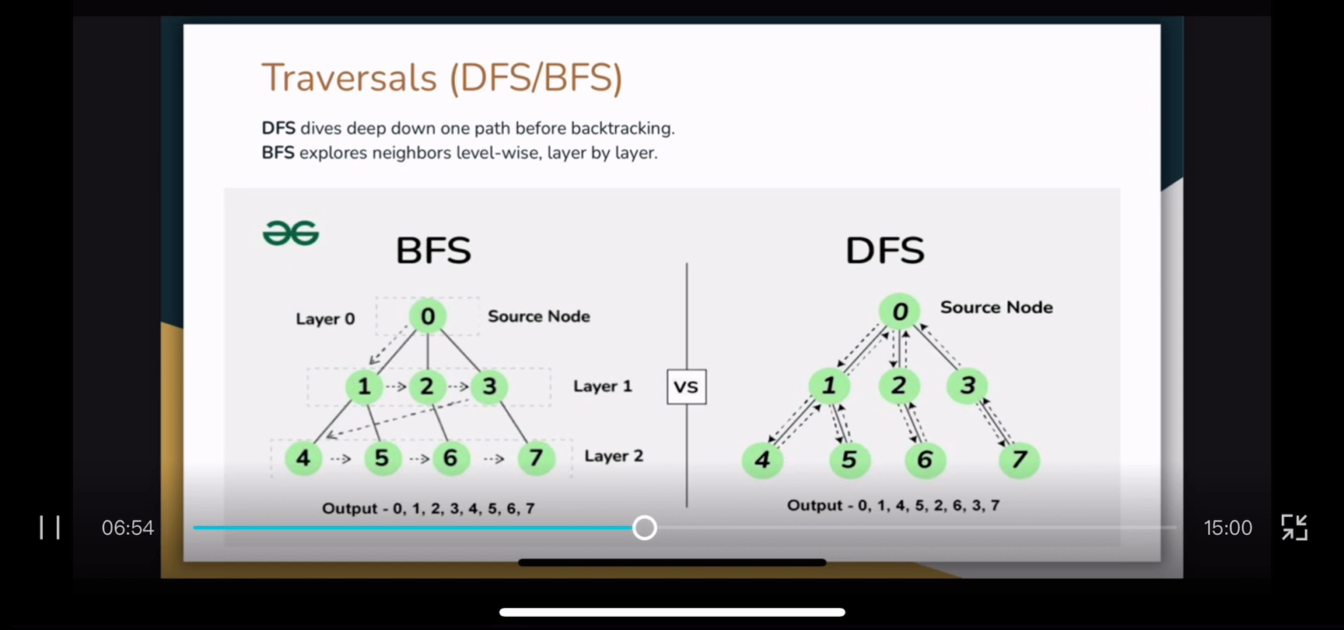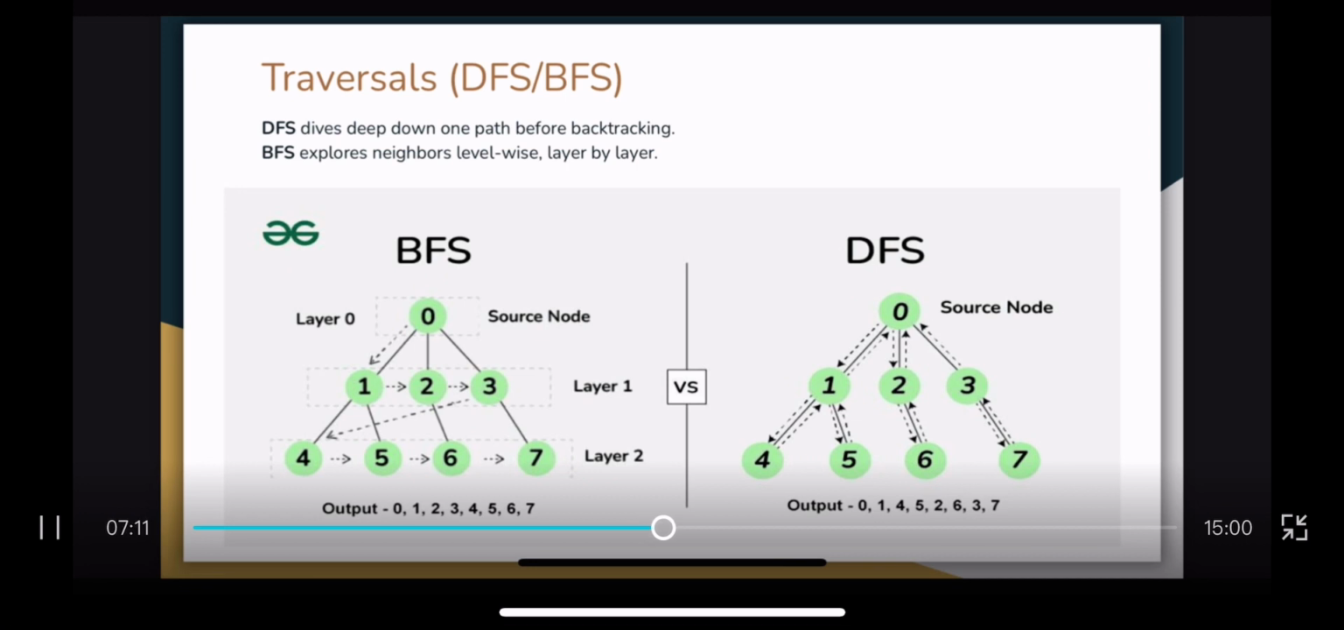Below there is an example of a graph with 8 vertices from 0 to 7. For the BFS, we start from the source node, which is 0, and then we go down to 1, we visit 2, we go to 3, and then we go down to 4, we visit 5, 6, and lastly we visit